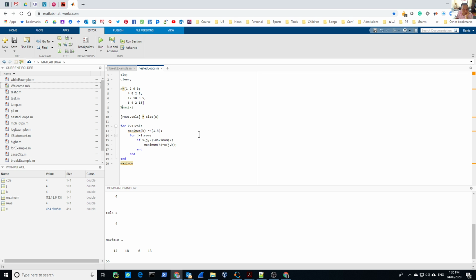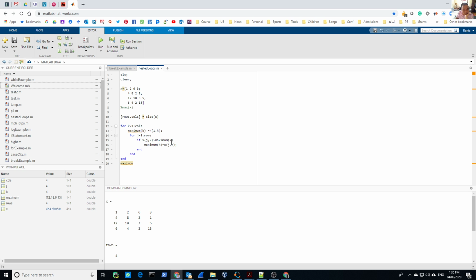So you have the number of rows, and then we determine the rows and columns, and then first we loop through the columns. So we loop through the first column. Then after that we will loop through the rows. So we're going to go 1, 4, 12, 6, and every time we'll check if j and k is greater than the